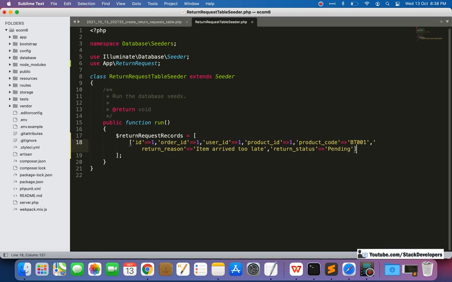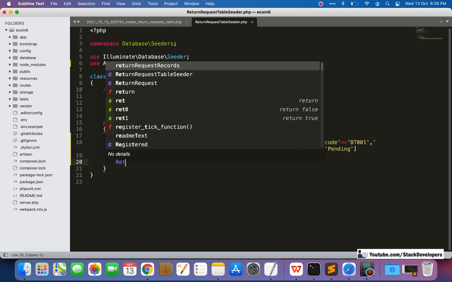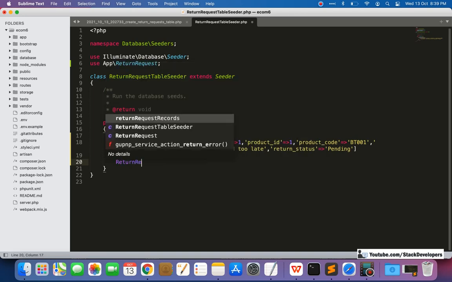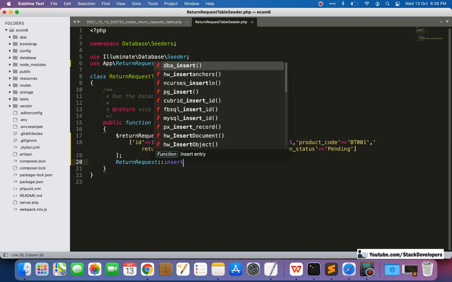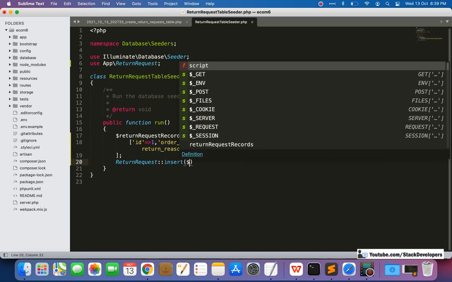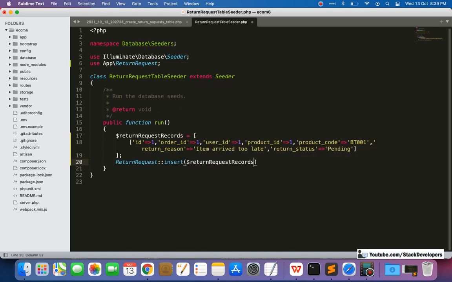So that is done. If you want to add any more we can add, otherwise this is enough for now. So now we can simply return the request, insert dollar return request records, so that is done.